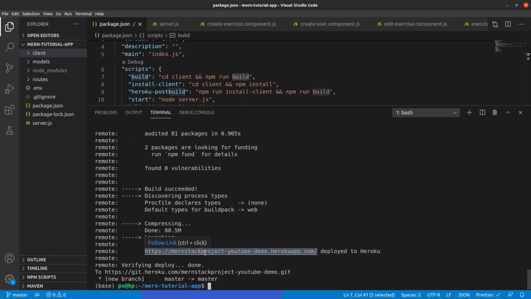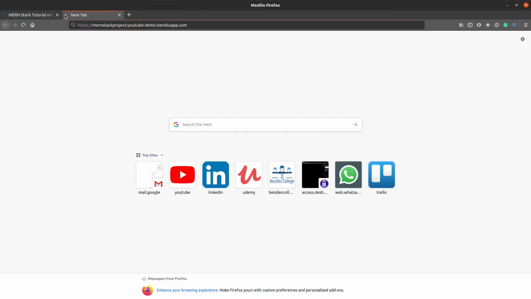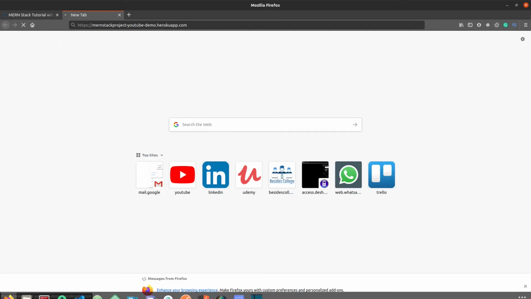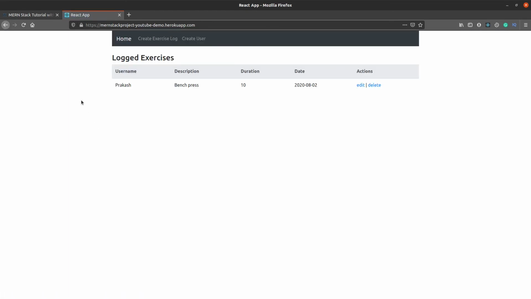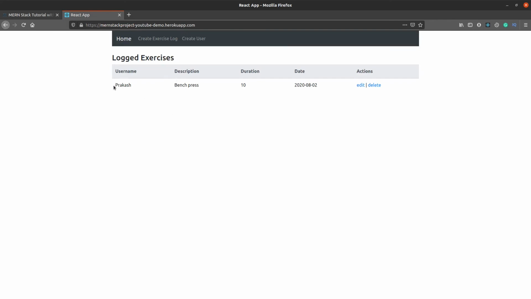So yeah, it is telling me now the project has been deployed at this particular URL. So I can go ahead and open the browser and copy paste this URL to check if our application is live and running. It has just been deployed, so it is taking a little time maybe to start our application. All right, our application is up and running, and it has also successfully fetched the data from the database.